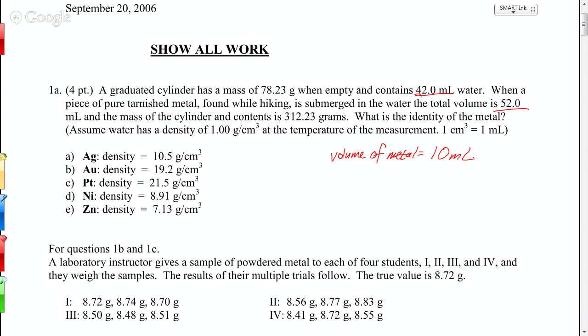You have the volume of water, so you can solve for the mass of the water. It's true you can solve for the mass of the water, but that's not everything, right? I took the mass of the cylinder plus the mass of the water in mine. Right, so the mass of the metal